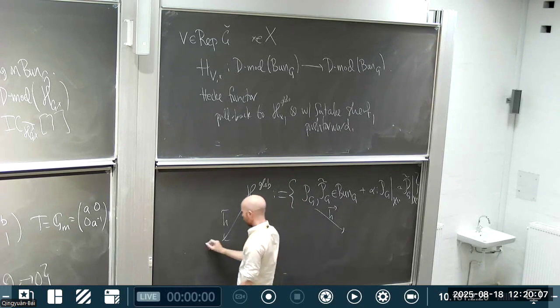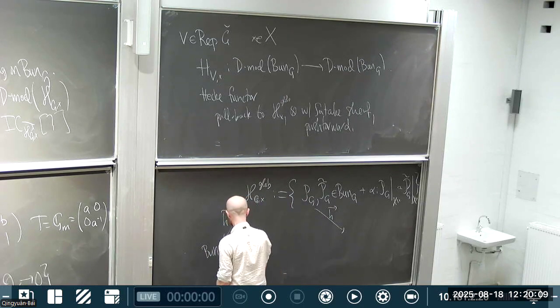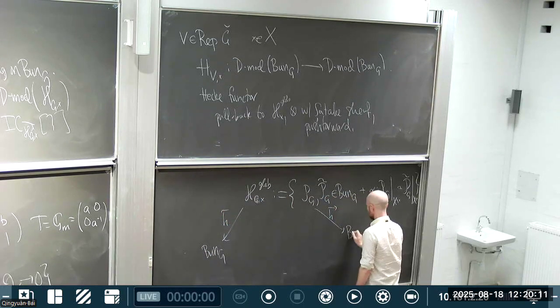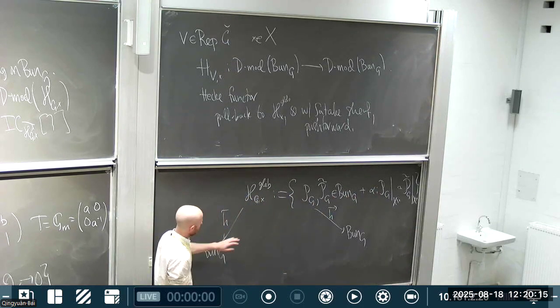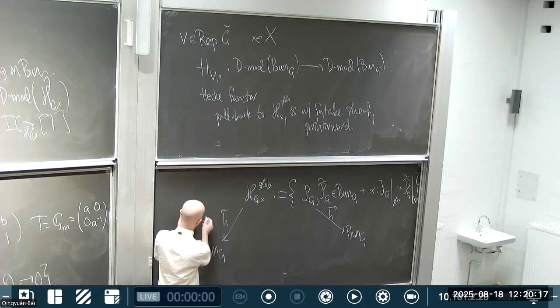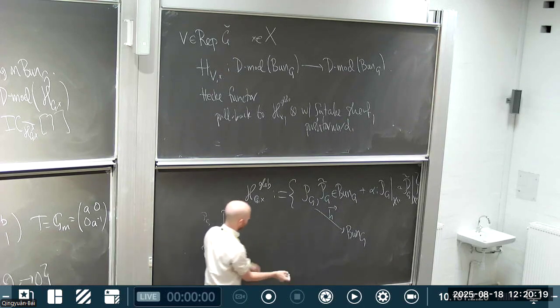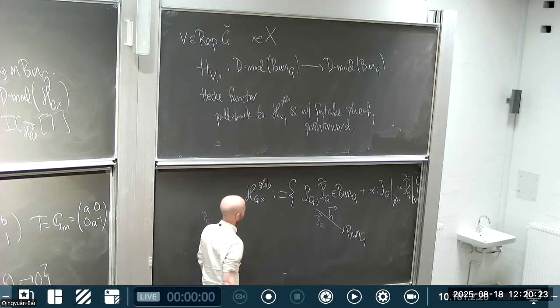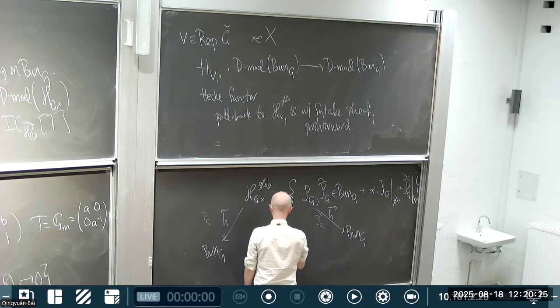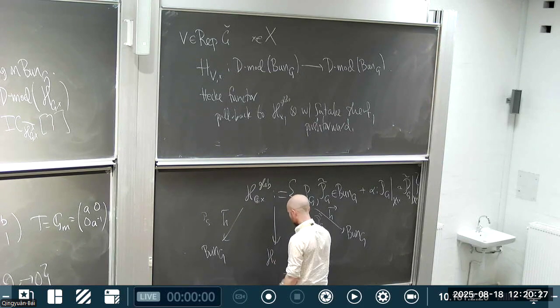It has two evident maps to Bun-G, traditionally written H left and H right, which are the map PG and the map PG tilde, extracting this data. And then there's a map to this local Hecke stack, which is the set of